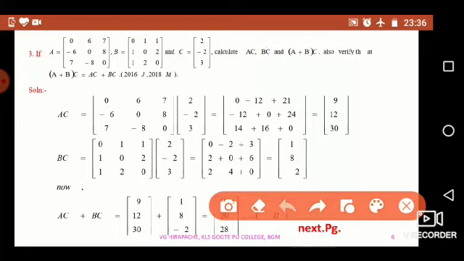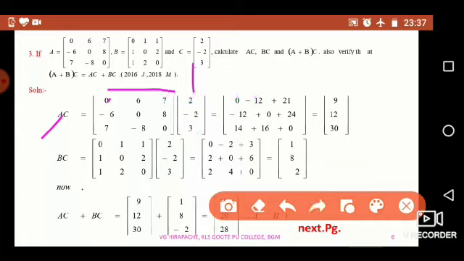Let me begin with the matrix AC, meaning the product of the matrix A and C. Now the matrix A contains the elements 0, 6, 7 in the first row, minus 6, 0, 8 in the second row, and 7, minus 8, 0 in the third row, and C is a column matrix containing the elements 2, minus 2, 3 in the column. Therefore let me multiply row by column wise. We get 0 2s are 0, 6 minus 2s are minus 12, 7 3s are 21. Since it has only one column, the resulting matrix is also a column matrix. Therefore there are no more columns, we do not have any other columns to multiply by the first row.